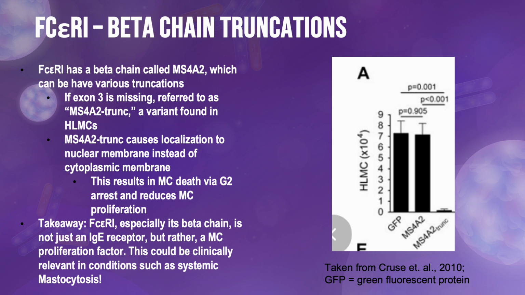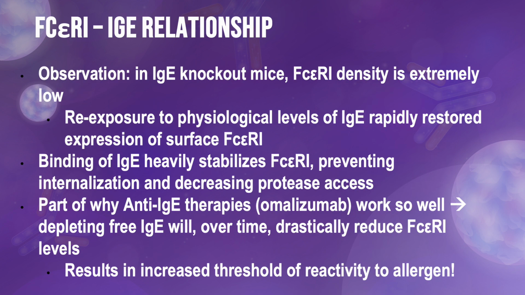So what's the point of all this? Well, the point that I'm trying to get across is that this receptor is not just an IgE receptor. It's actually a proliferation factor, a survival factor, and this could be really relevant if we think about potential therapeutics, right? So could we potentially artificially truncate this beta chain and have that alleviate some allergic symptoms? It's worth thinking about. So now let's talk about a little bit of how the IgE and its receptor are